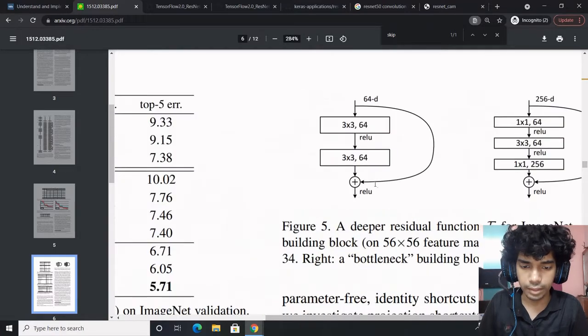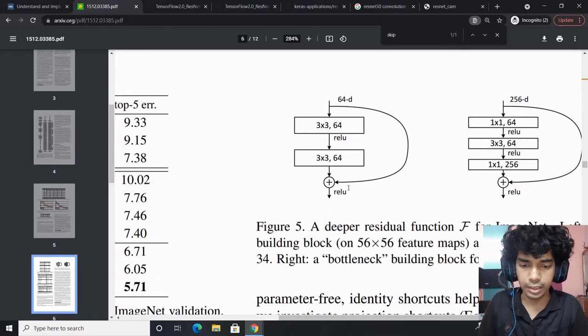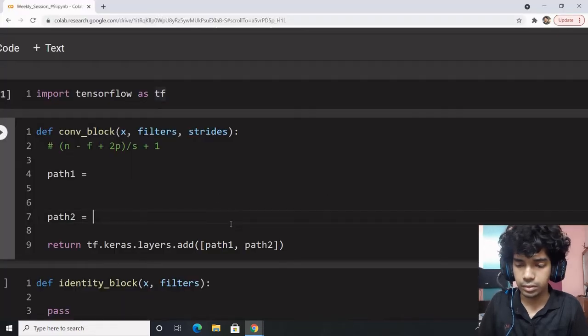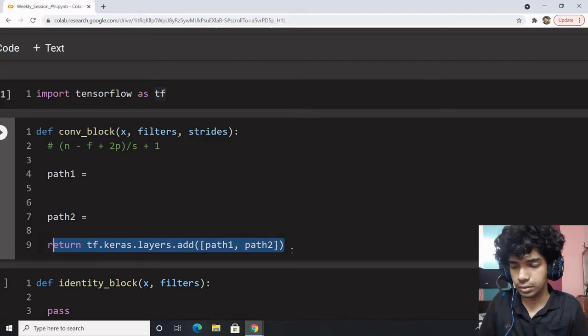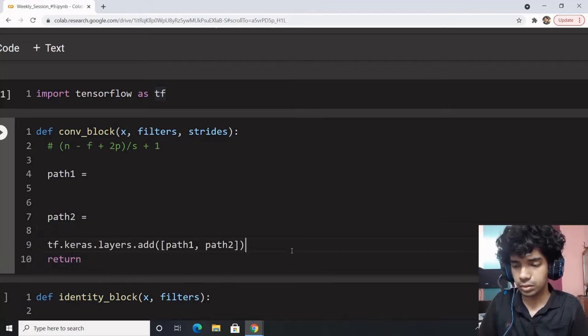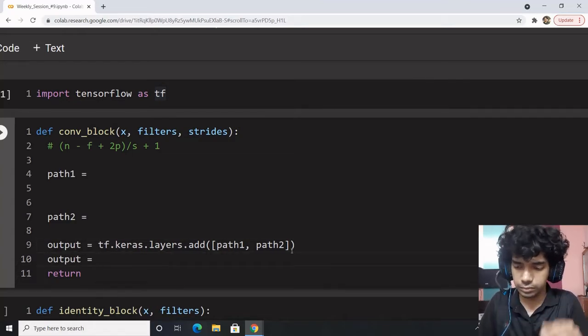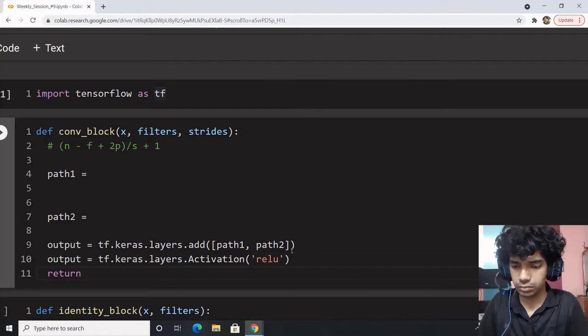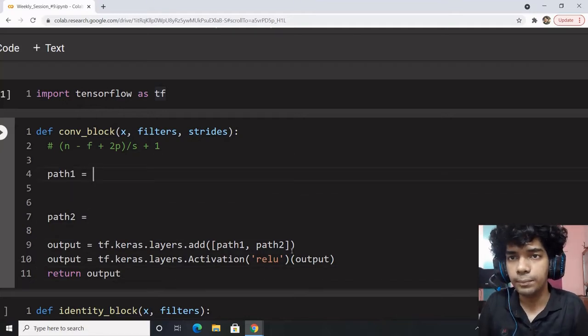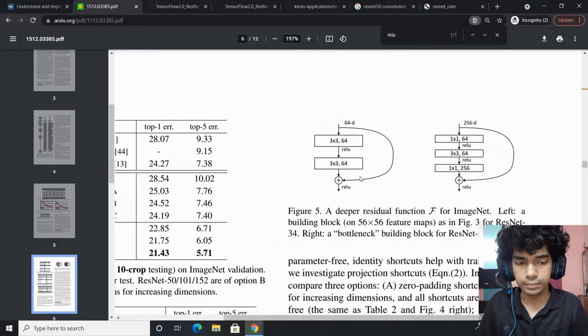So after adding, what happens? After adding, you need to pass in the ReLU activation. So let's do this. But let's primarily try to implement the convolution block. So first part is